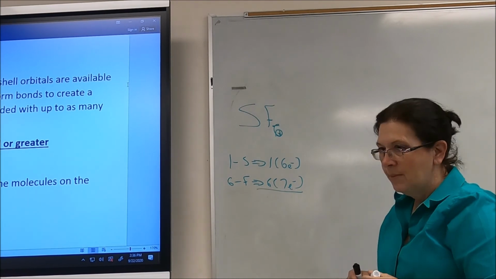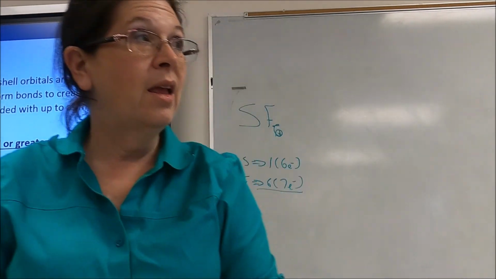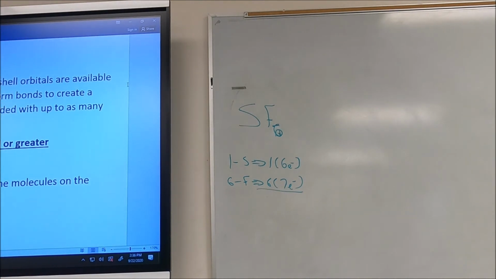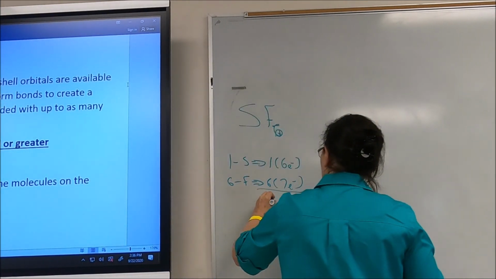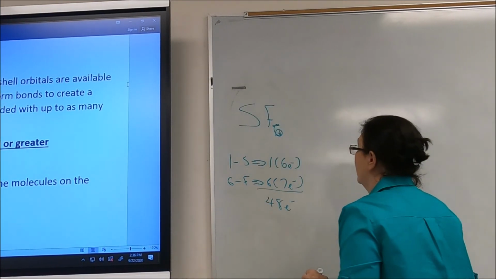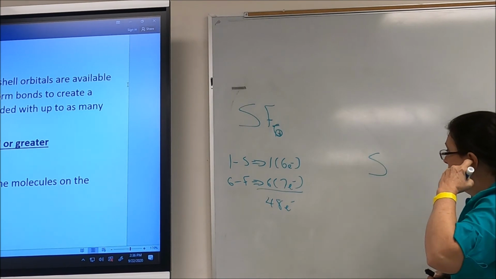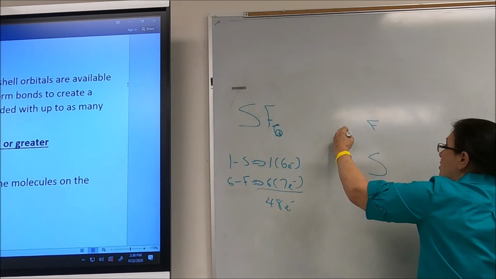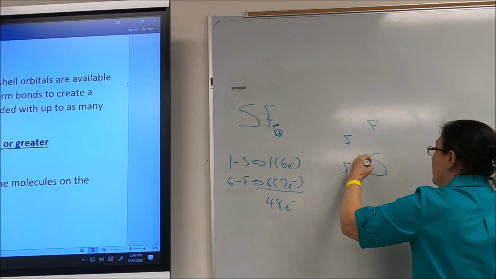So 6 times 7 is 42, plus another 6 would be 48 electrons. Okay, sulfur's in the middle. The fluorines are going to be spread out